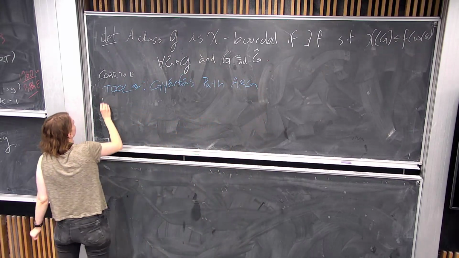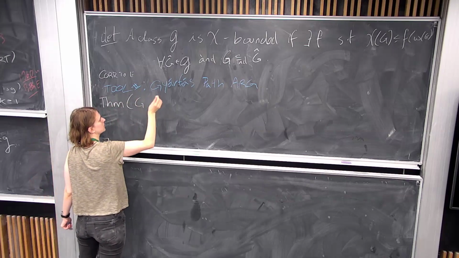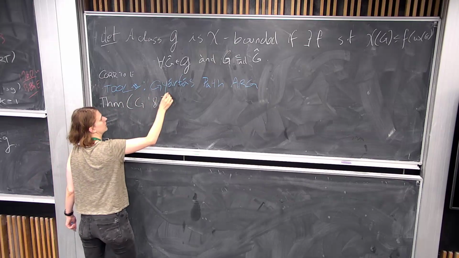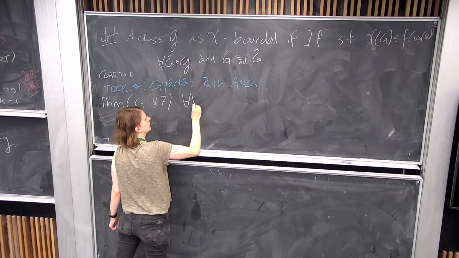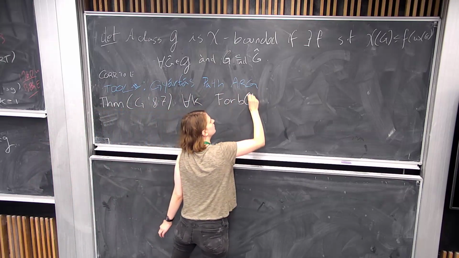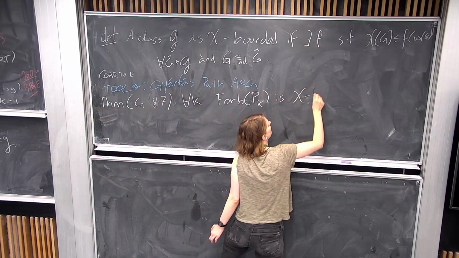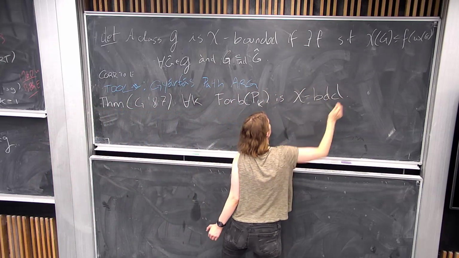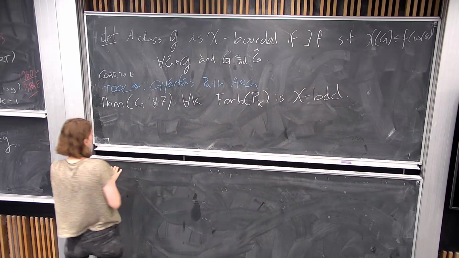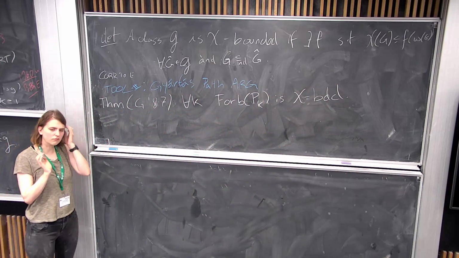So the way he proves it is by, he's going to grow a path in your graph